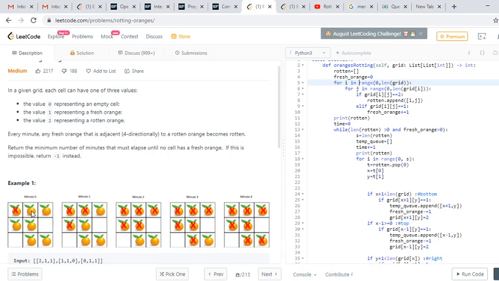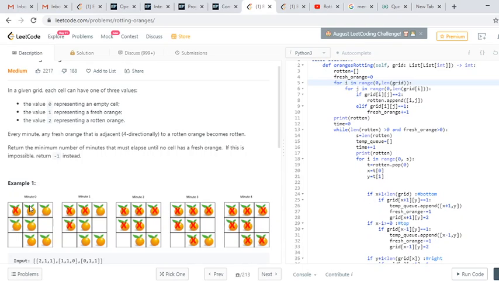I just marked it as rotten and put this position into my queue, so that next time it will rotate its nearby oranges. As we can see here, suppose we have the array or the queue, in that first of all I put the position of this, it will rotate its right orange and down orange.